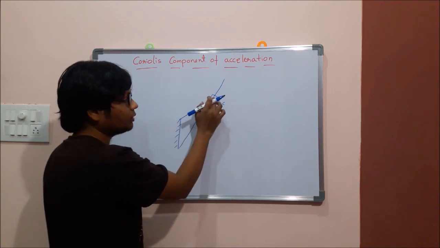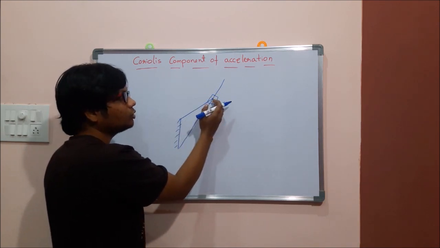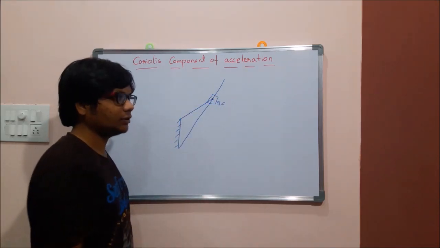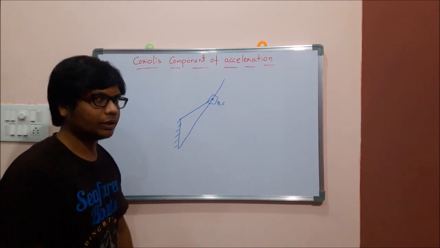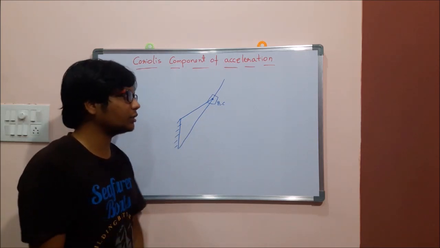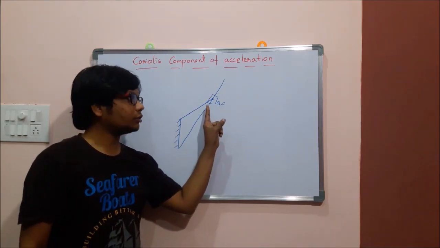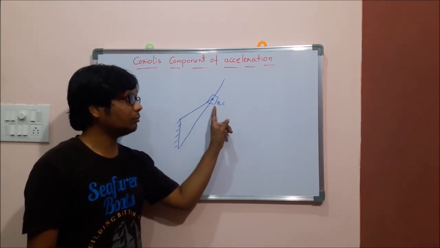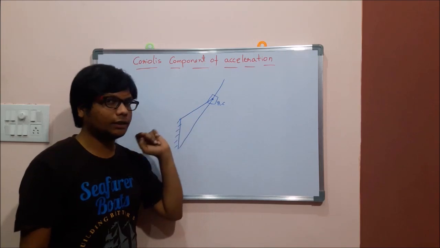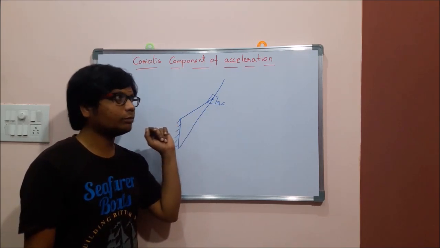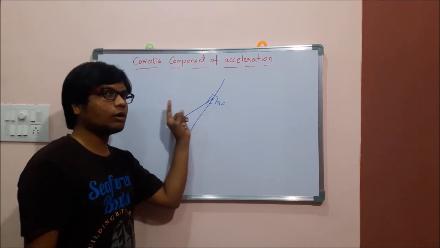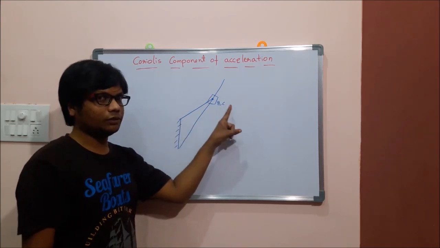At the same time, the slider has the revolute joint, that is the turning pair, with respect to the crank. Whenever this happens, the Coriolis component takes place. So how is it exactly defined? Here it is the acceleration of the point B with respect to C. So what exactly is B? B is the contact between the crank and the sliding element, and C is the contact point between the sliding element and the link. So that is the tangential component of acceleration of B with respect to C.